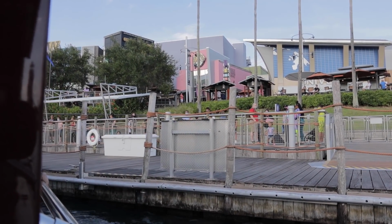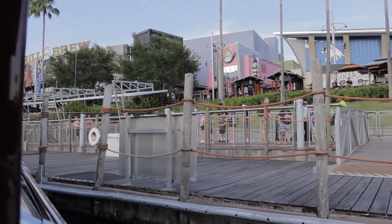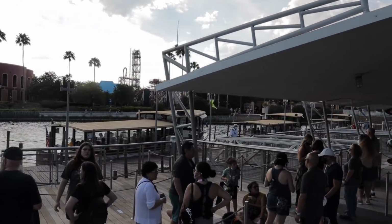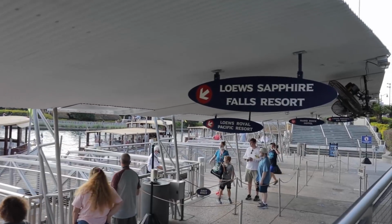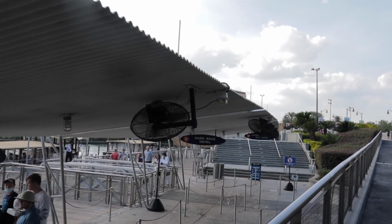There's not going to be an exact identical interval of time in between waiting for boats, but it's still fun today in particular when I'm trying this. Okay, that's the boat that I just got off of, and now I am walking, trying not to speed walk, trying not to walk too slow either, but I'm casually walking over towards the arch at Universal Studios to officially